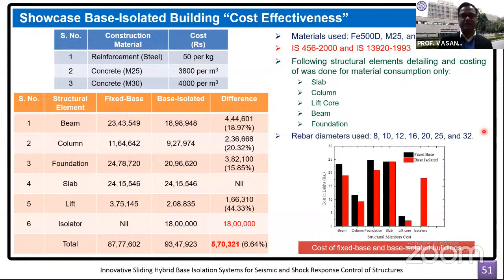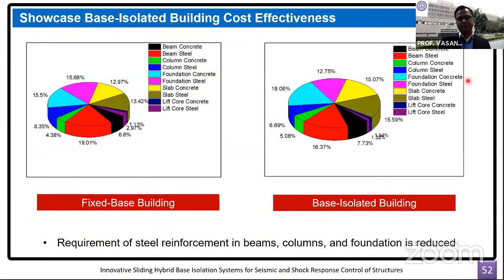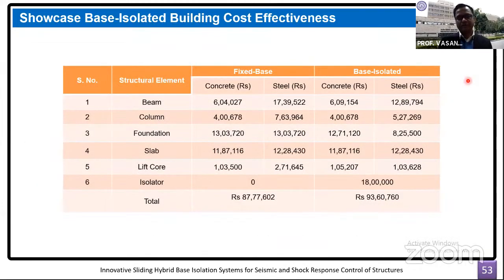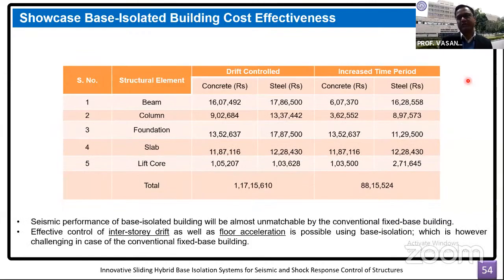So then that intrigued us, and we thought, let us have that comparison as well. So after having this comparison made of the material consumption in general and particularly the steel consumption, which we saw that steel has been reduced quite dramatically for the foundation, columns and the beams, we compared with the fixed base building, which is designed for giving similar performance as that of the base isolated building. Of course, it cannot fully match the effectiveness of the base isolated building. It is not possible for most cases, but still we tried.